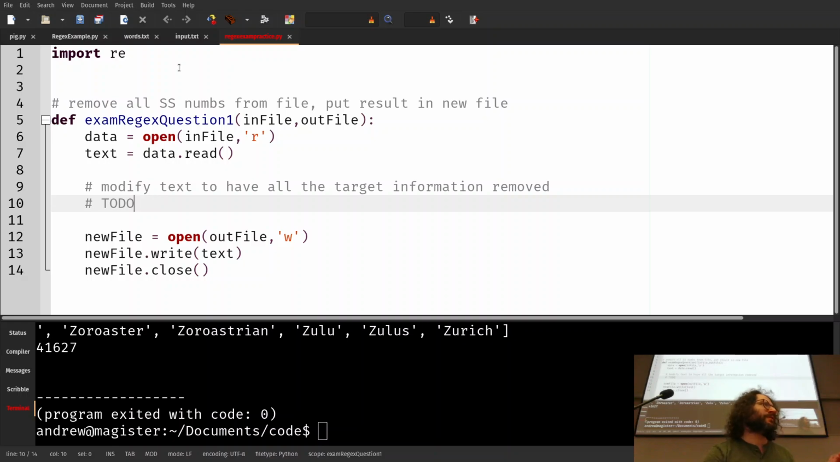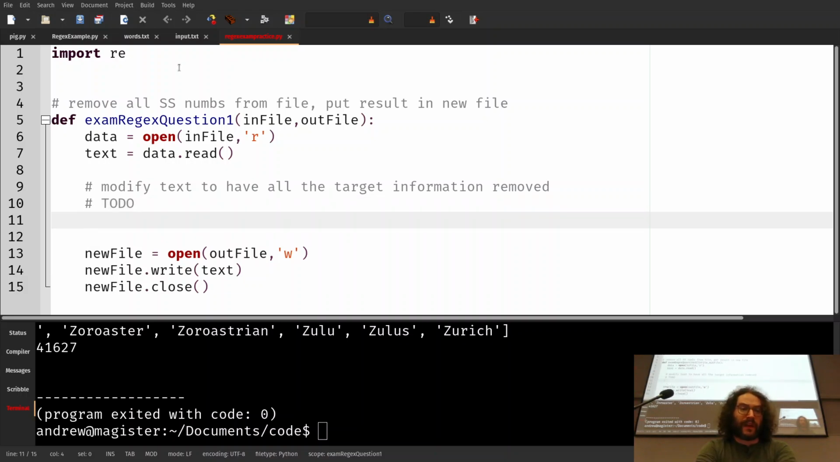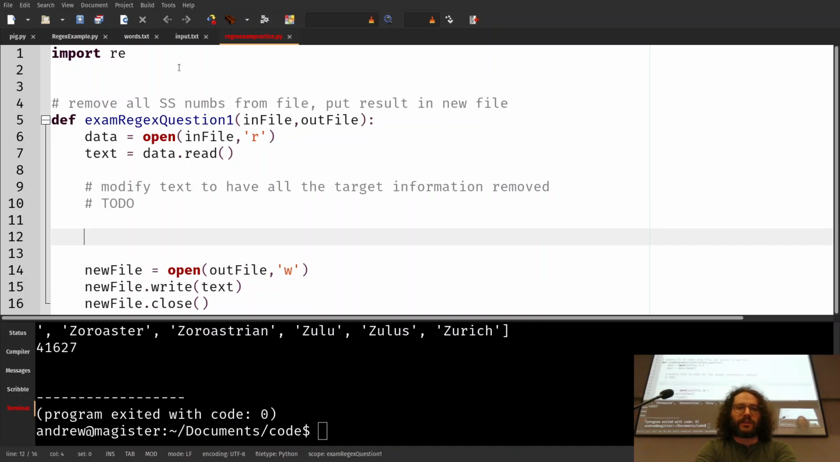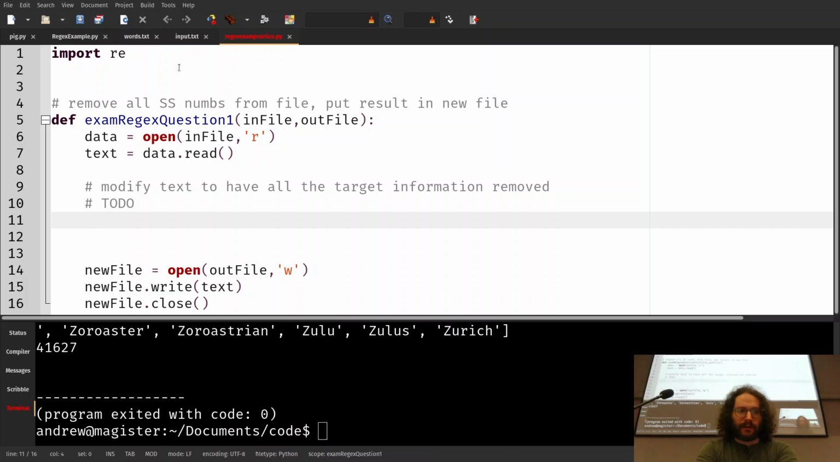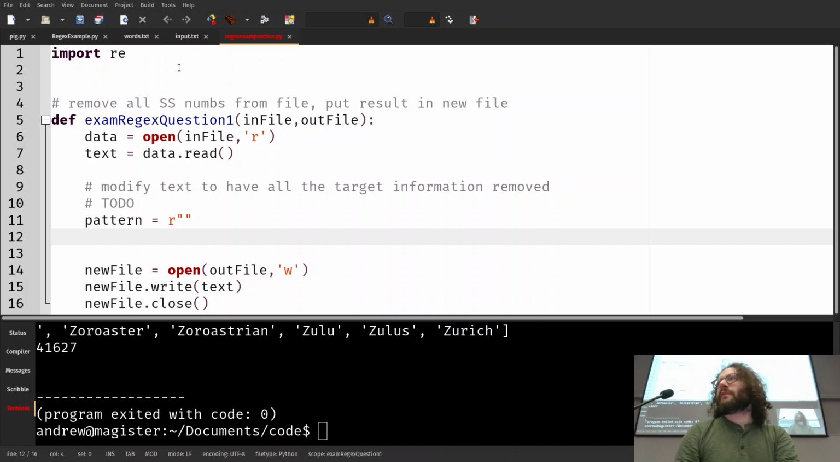Well, as it happens, it's very, very similar to what we did with re.findAll, which is why we've been doing re.findAll. Rather than that, we're going to use a new thing. We do pattern is equal to, just like we did for re.findAll, r, here's what our regular expression is going to be. And then we do one line instead of re.findAll. It's text is equal to